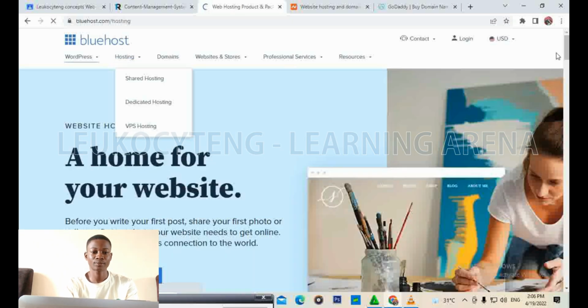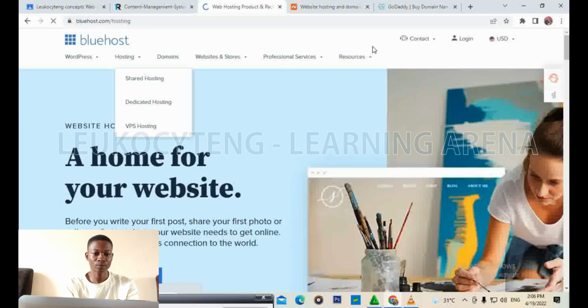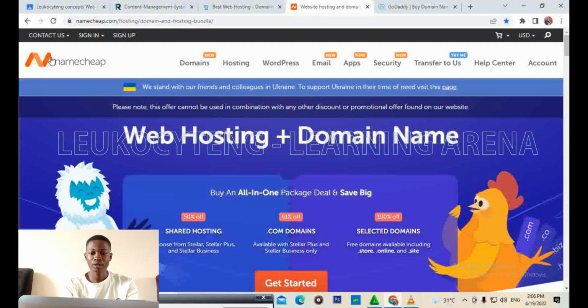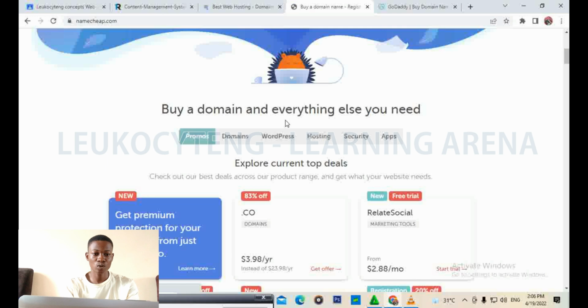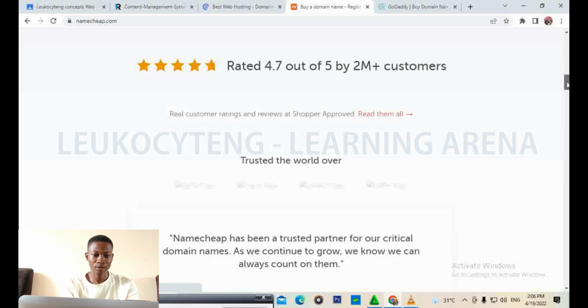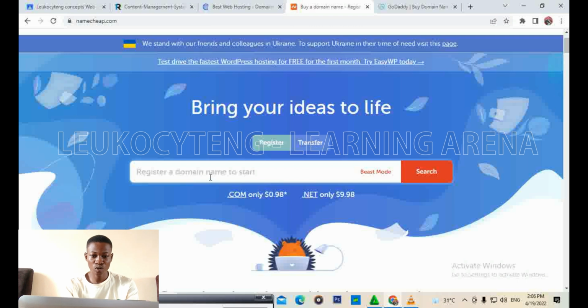This is Bluehost. And there's one other thing that I want to remind you. Let me quickly do that before I do anything else. Here in Namecheap, I assume that I want to buy a domain, and I just come here, register a domain name, and I just come here and say